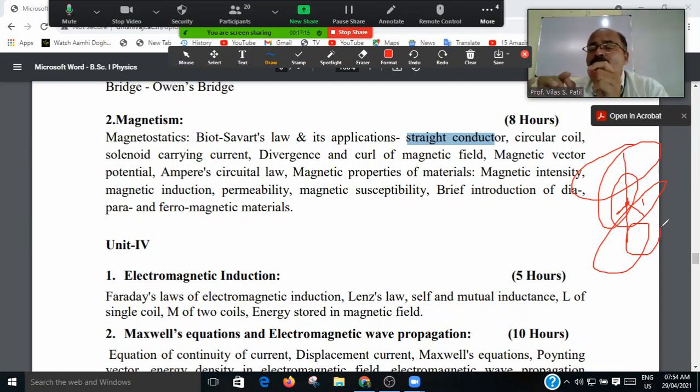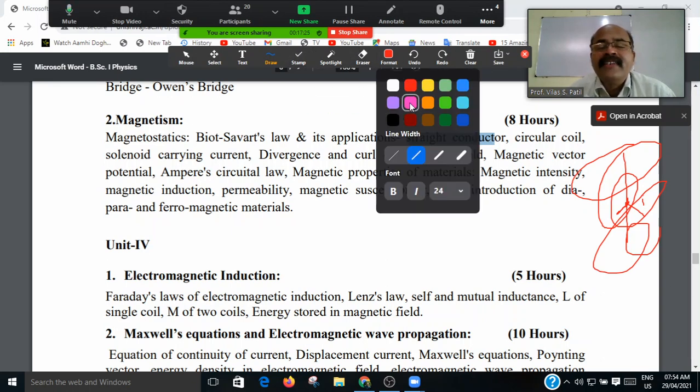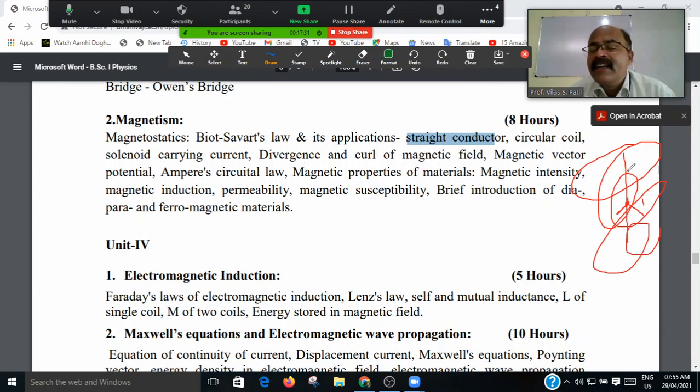If we take a circle of radius R around that conductor, consider I am using the green color, and consider that this is the radius R, and I draw the circle with radius R. Then around the circumference of that circle, which is at the same distance from the long and straight conductor,